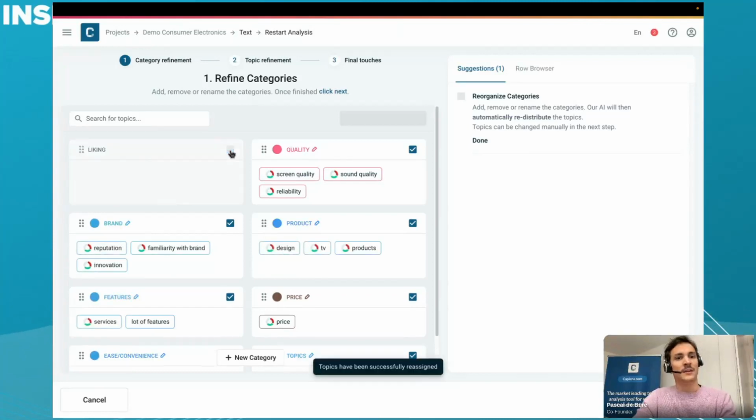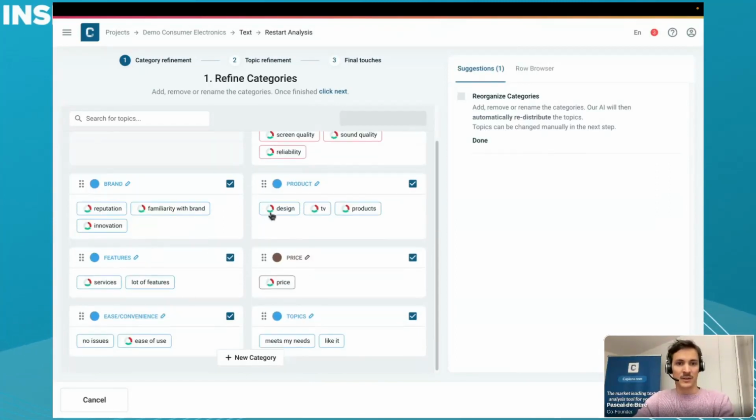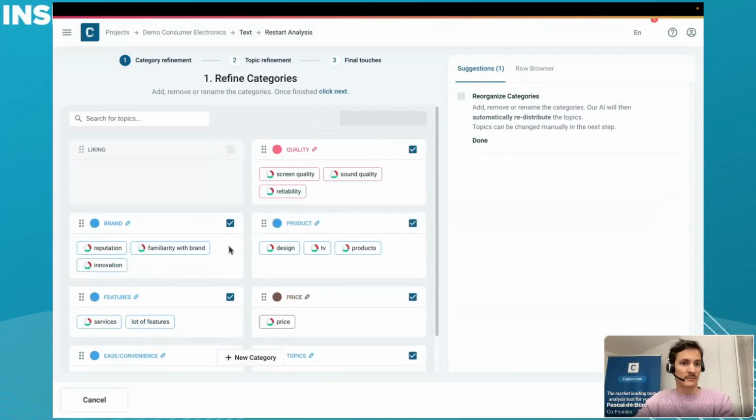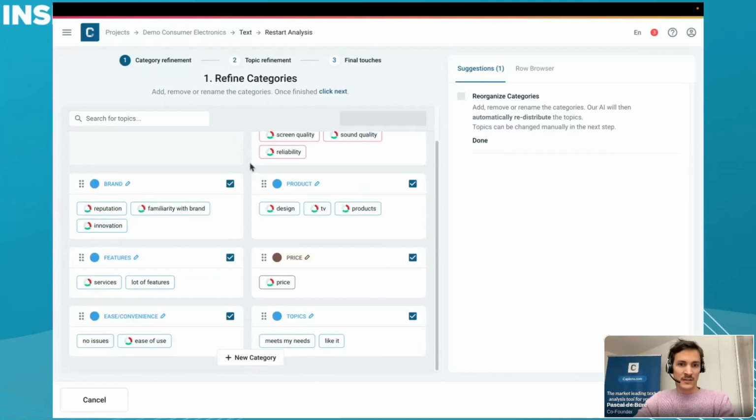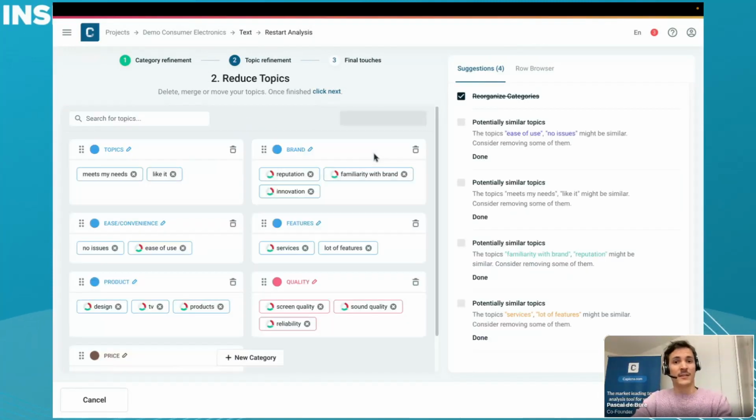So I will just remove this. And what happened is that the topics that were in there were automatically redistributed to the other categories where they match best. So for example, then the TV went to the product and the design as well. So after this first step, we go to the next step, which is then to look again through the topics